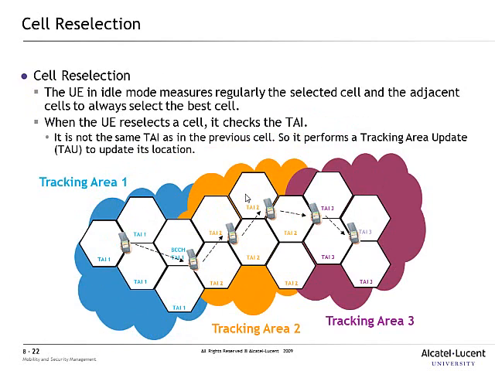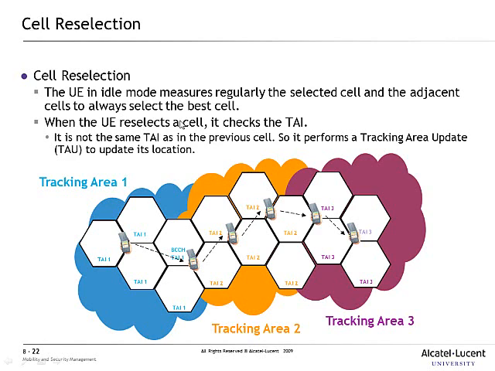Okay, so the other thing that also happens while you are in idle state is cell reselection. Okay, so the UE selects the best cell to camp on. So the UE in idle mode is measuring the selected cell and adjacent cells to always select the best cell